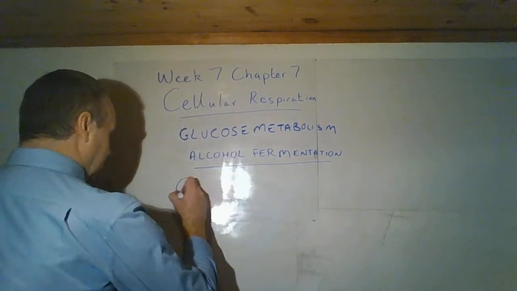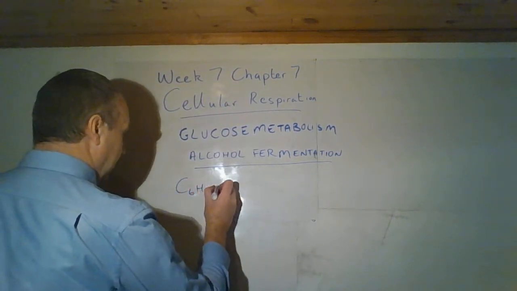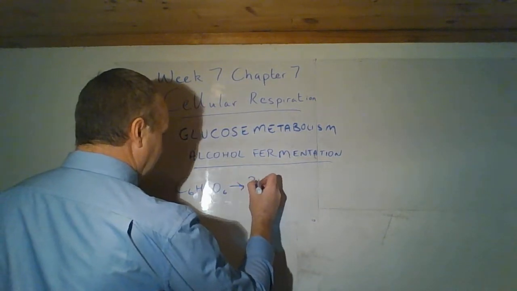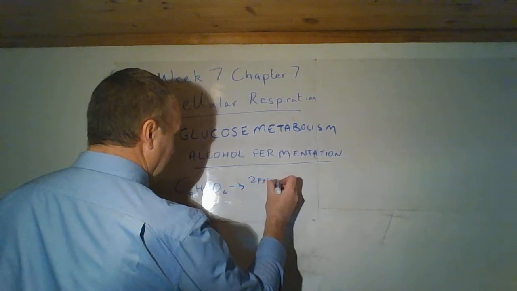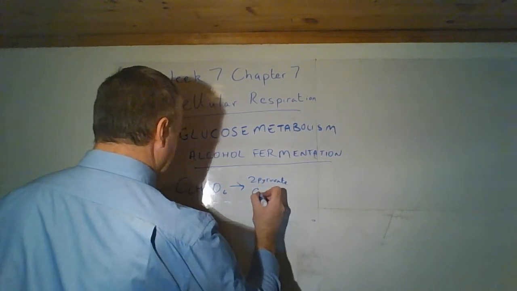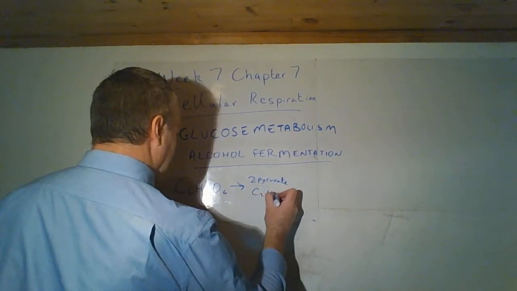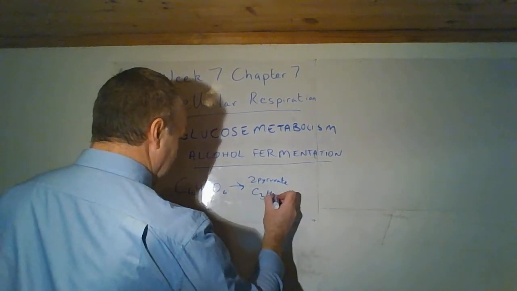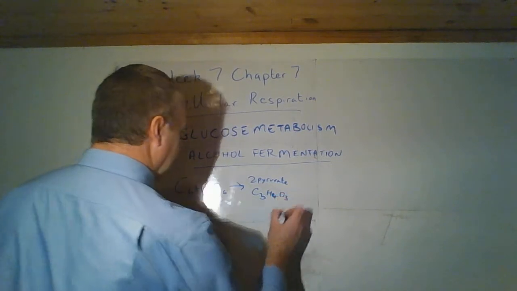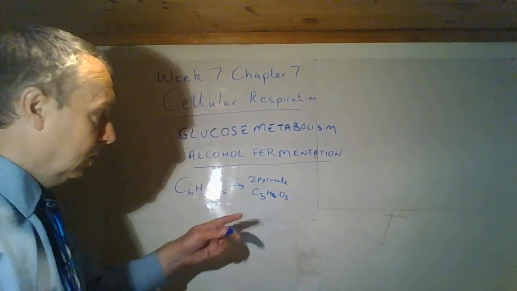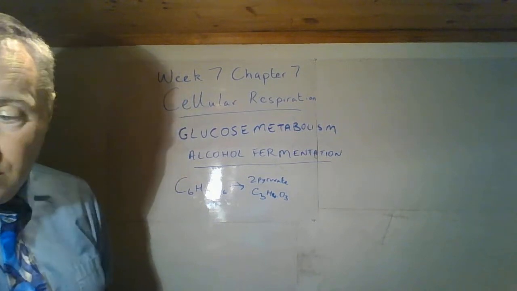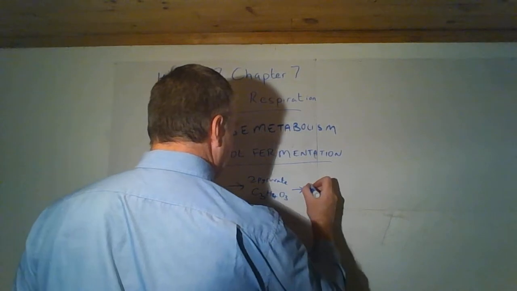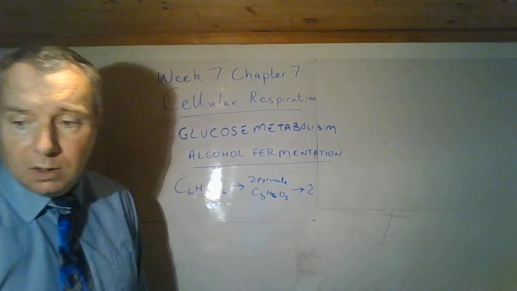So again, we start off with our C6H12O6. We get 2 pyruvates, 2 C3H4O3, and so from that we get ethanol, which is more commonly known as alcohol, and we get two